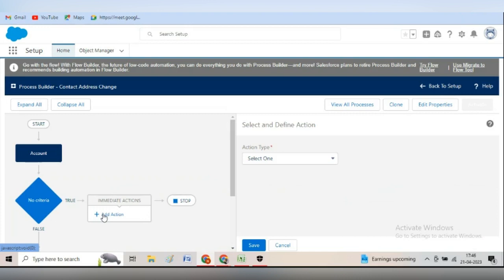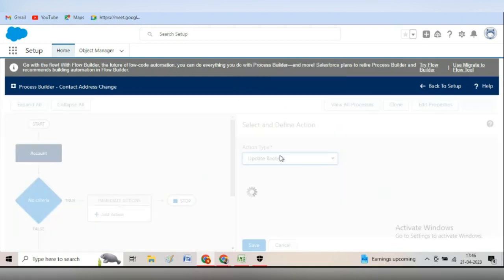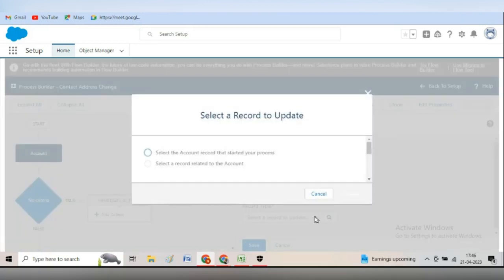The action could be update records, and the action name maybe update contact address. So this is the action name, and here select the